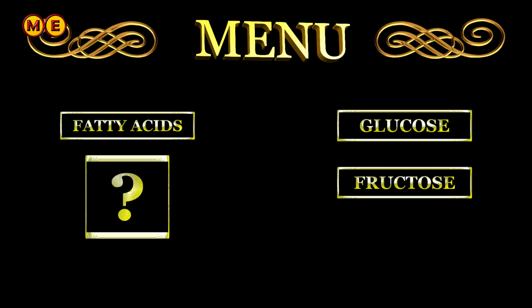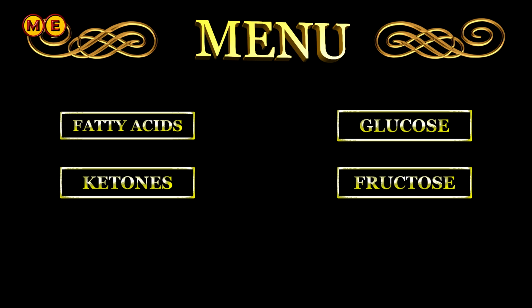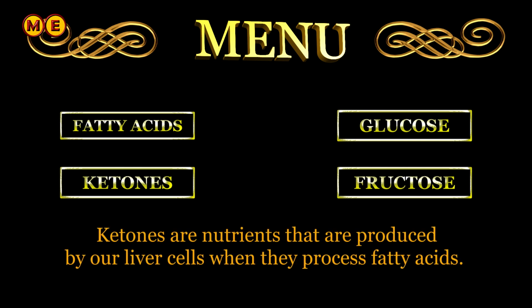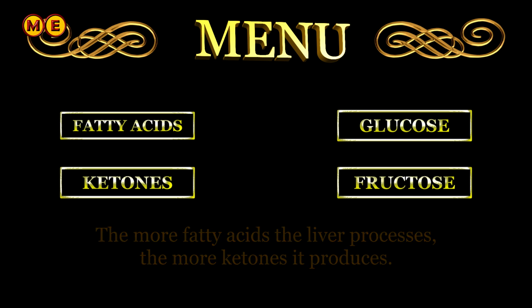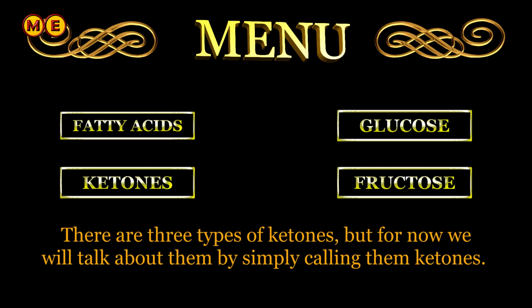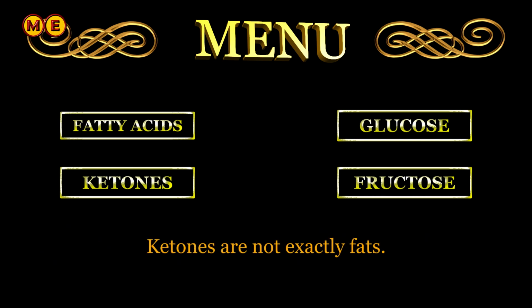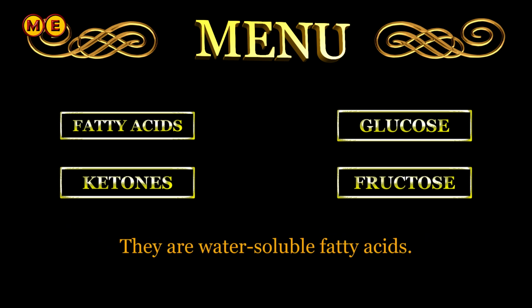But to make this list complete, we need to add one more nutrient that our body can produce: the ketones. Ketones are nutrients that are produced by our liver cells when they process fatty acids. The more fatty acids the liver processes, the more ketones it produces. There are three types of ketones, but for now we will talk about them simply by calling them ketones. Ketones are not exactly fats. They are water-soluble fatty acids, but because they are products that we get from fats, we will put them into